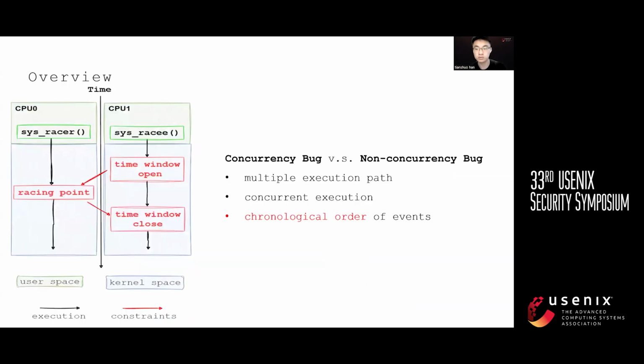In this work, we will discuss the triggering of concurrency bugs in the Linux kernel. This diagram here illustrates an abstract triggering process of a concurrency bug in the Linux kernel. Concurrency bugs are triggered when the racing syscalls run simultaneously and some events are executed in a specific order, as marked by the red arrows. In this study, it doesn't matter what exactly the events are. They could be something like reading or writing to some certain variables. And the key takeaway here is that the chronological order of events is critical for the bug triggering.